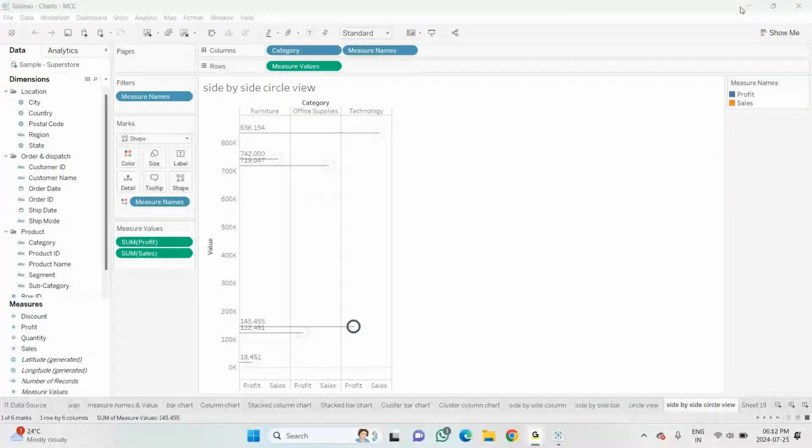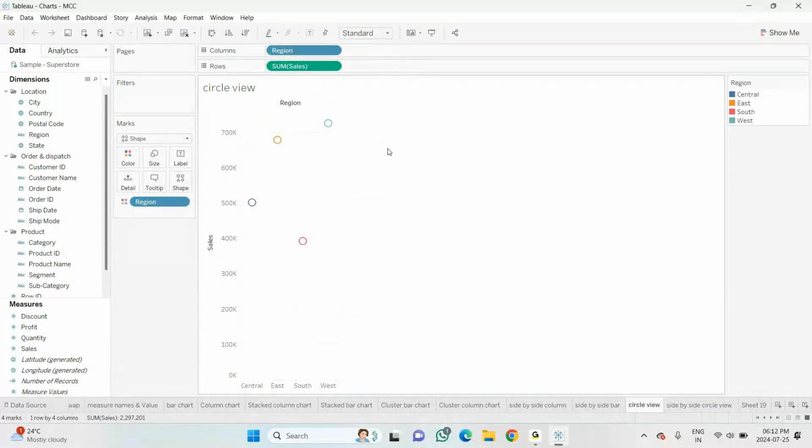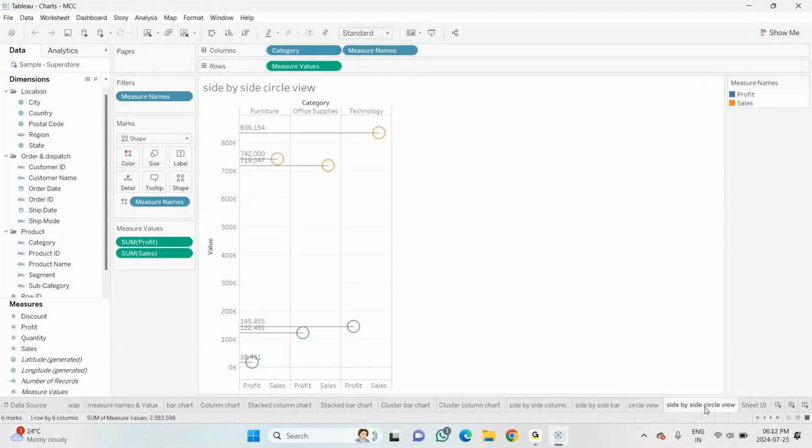Fine. So this was the last chart which we have worked, circle view and side by side circle view.